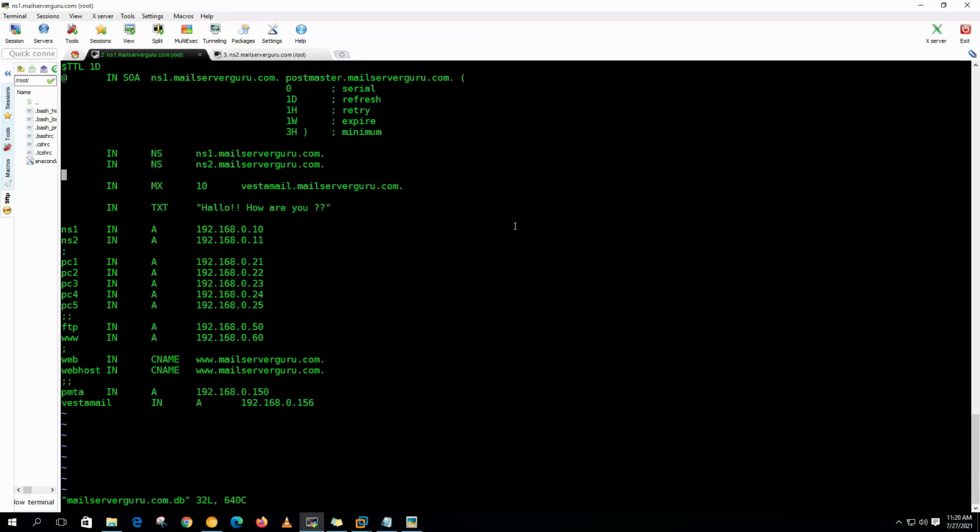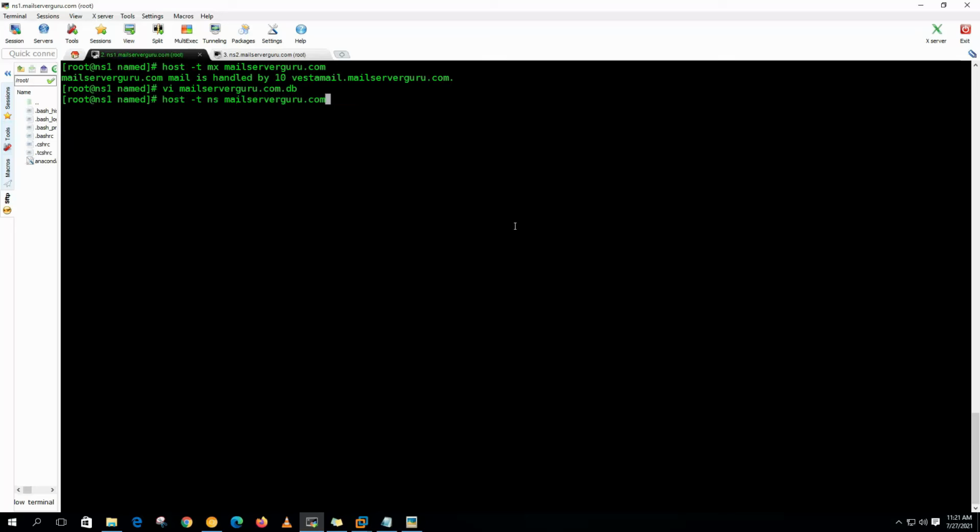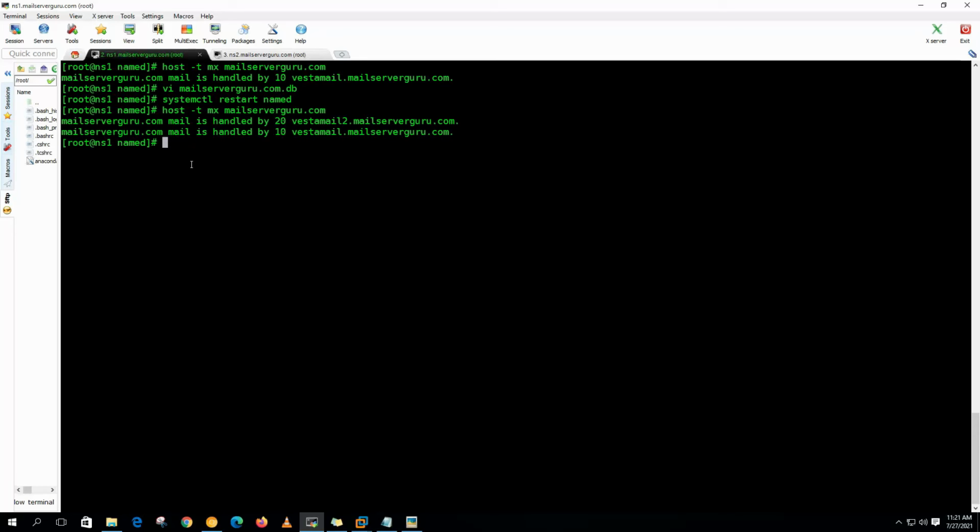Now if we change the record, let's say we have another mail server which has the second priority. If the first priority mail server gets down, then the mail will be delivered to Vestamail2. We need to define the host record. Vestamail2 is 157, let's say. Systemctl restart. Now, if you ask the DNS server to find out the MX of mailserver.com, now it is answering,